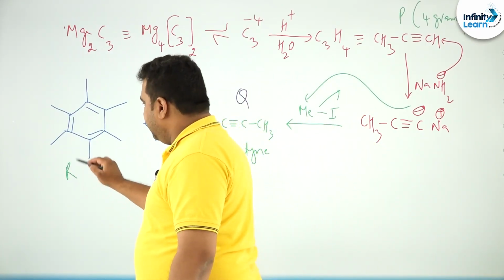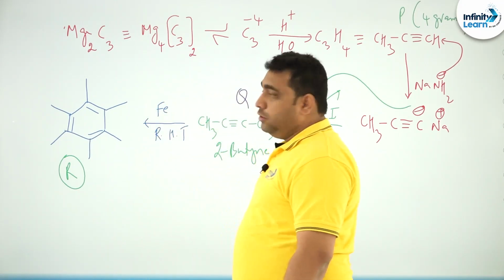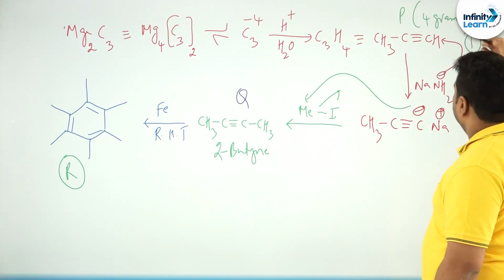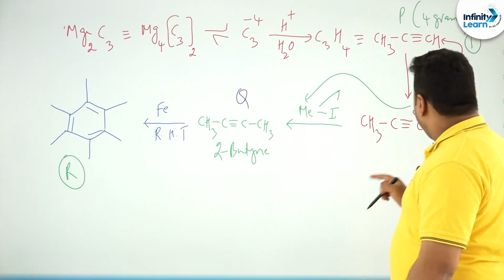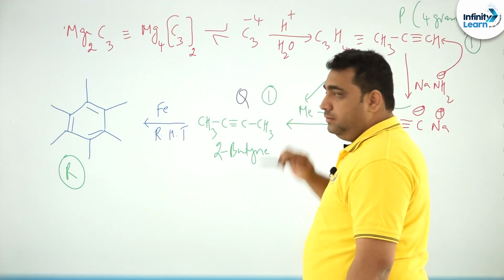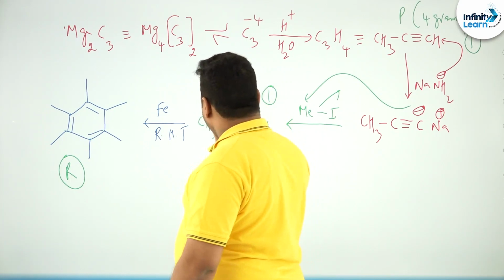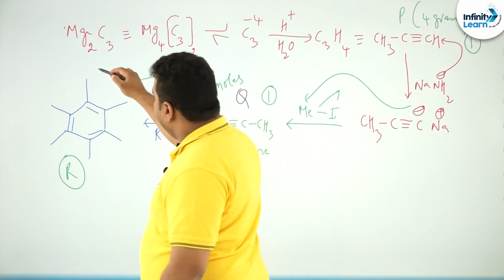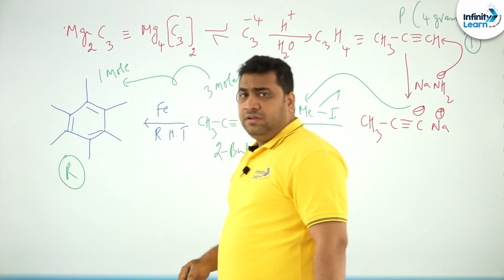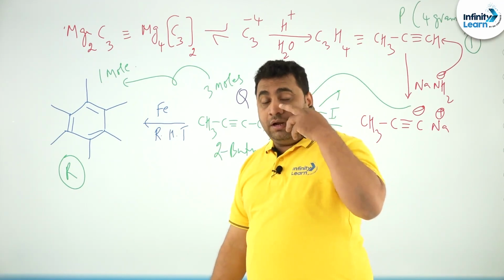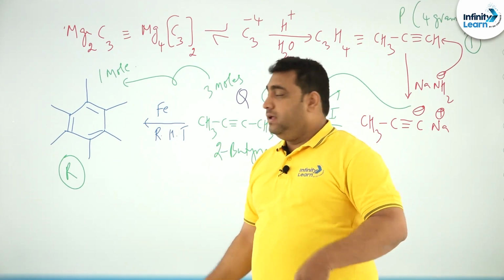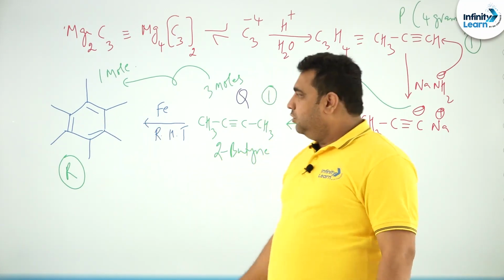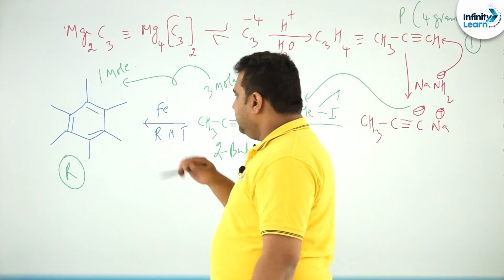This compound is called R. So, dear students, see the stoichiometry, see the balancing. Propyne you took 1, correct? Number of moles of propyne is 1, and what did you get? Butyne. The ratio: 3 moles of this give you 1 mole of this. That means from here to here, how can you write the equation? Number of moles of butyne by 3 is equal to number of moles of this compound by 1. The law of equivalence, just now I told you. So, you will get R easily, and whatever weight is there you can get it.